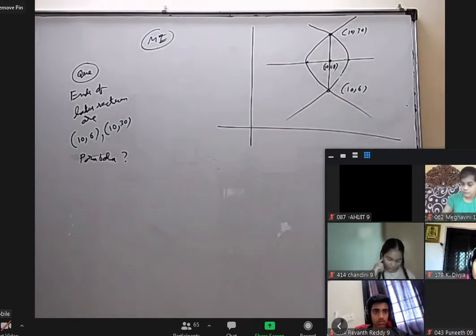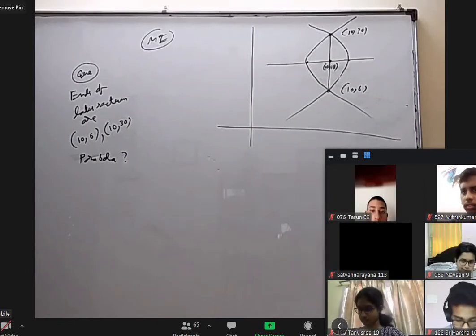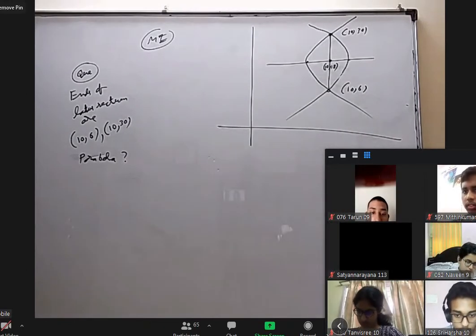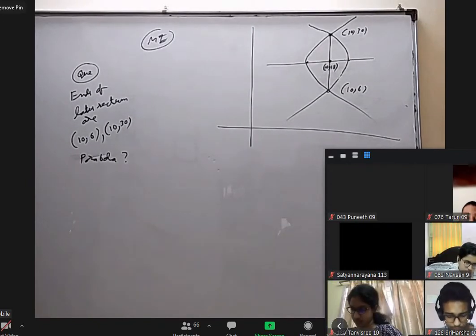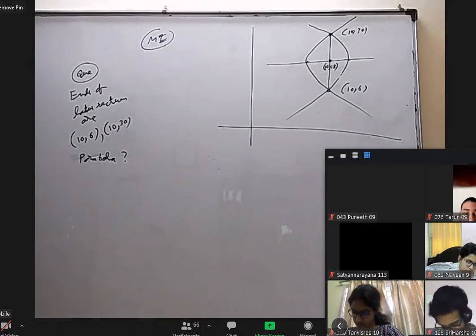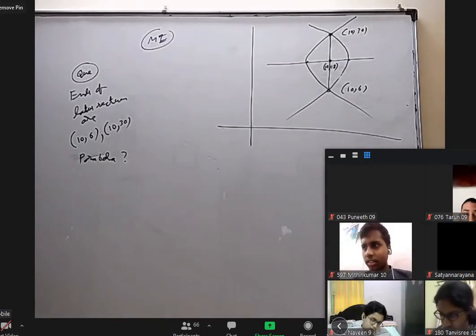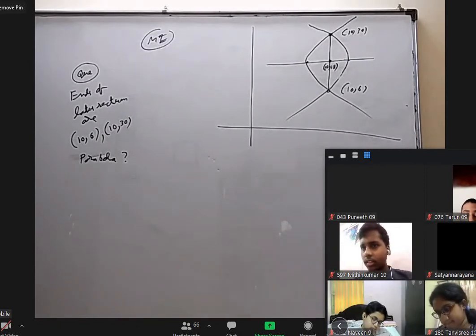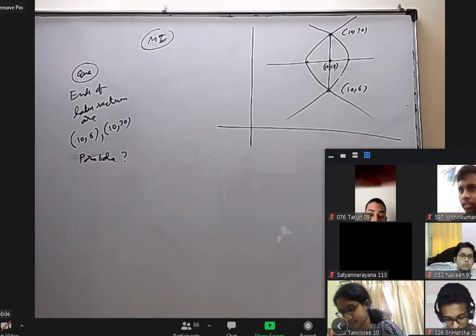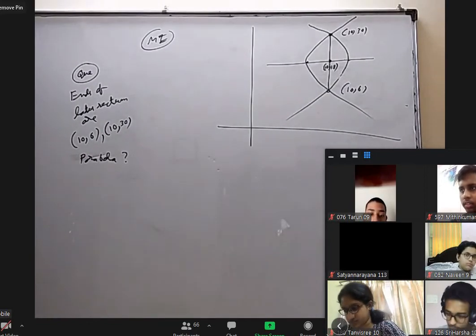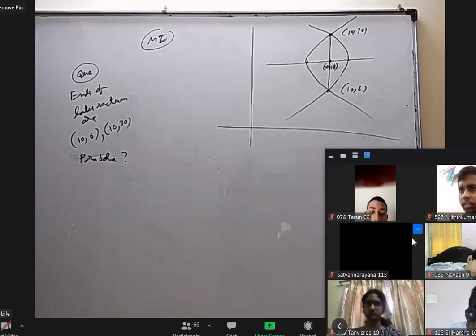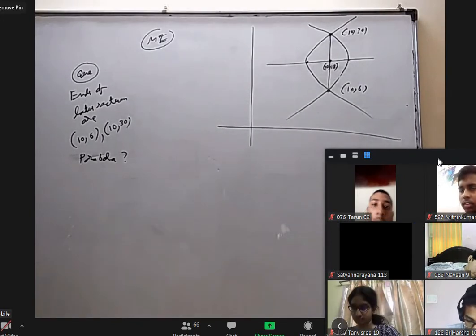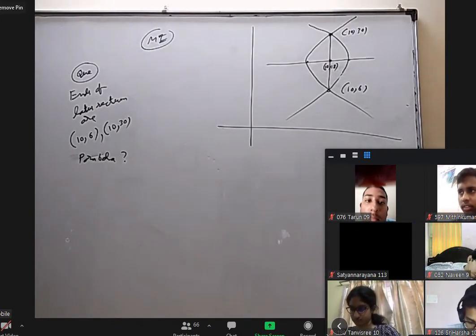Anyone want to tell at least one of the two vertices? Sir, (4, 18) and (16, 18). 4 and 16. Yes, correct. Because 4a value is 24, so a value will be 6, not 12. That is, the distance between vertex and focus is a, not 2a. Tarun, you are able to follow parabola comfortably? Okay.